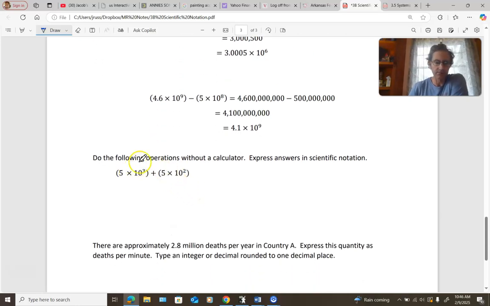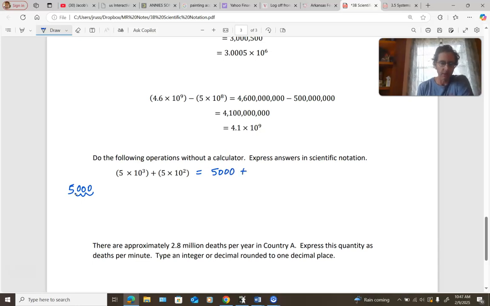So this next one. We've got 5 times 10 to the third plus 5 times 10 to the second. The first thing I need to do is convert each of these to ordinary notation. So 5 times 10 to the third, remember the decimal is behind the 5. And so I'm multiplying it by 10 to the third, which is a bigger number. It's like 1,000, so I need to move this decimal to the right 3 places. And if I do that and fill in those empty places with zeros, I get 5,000